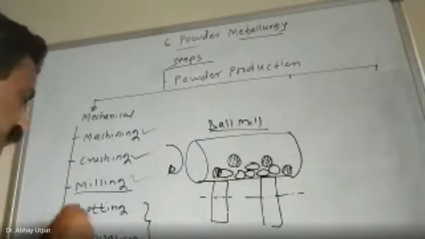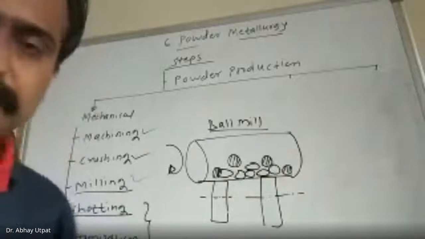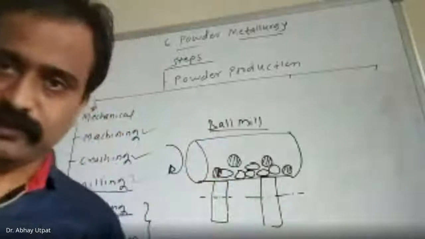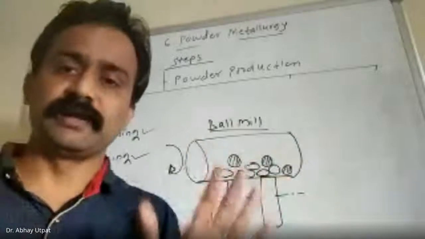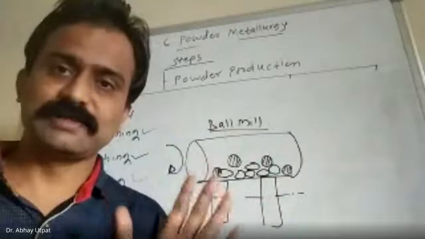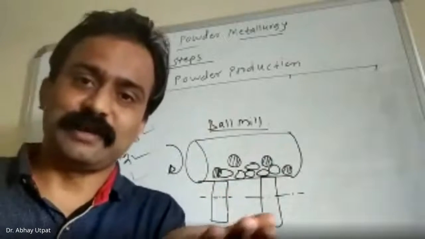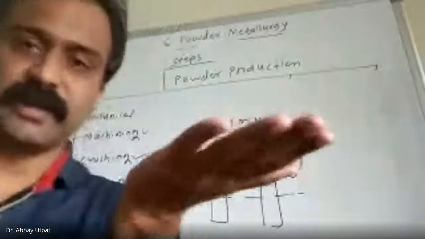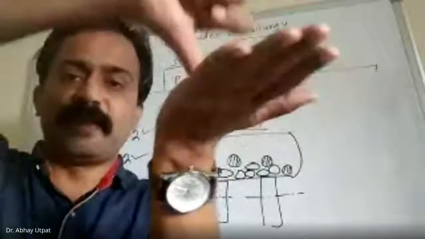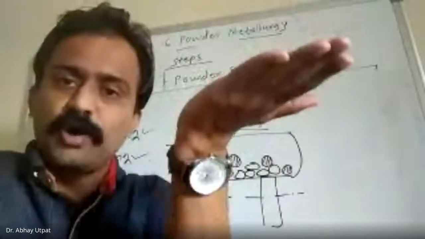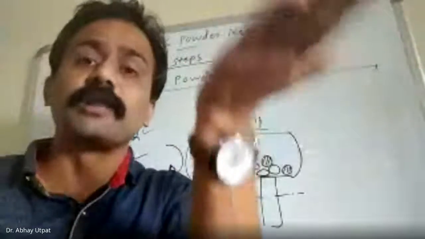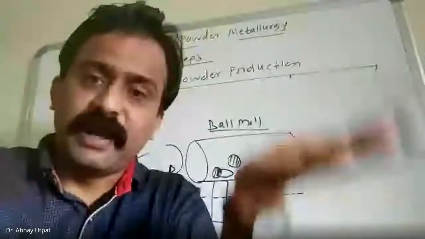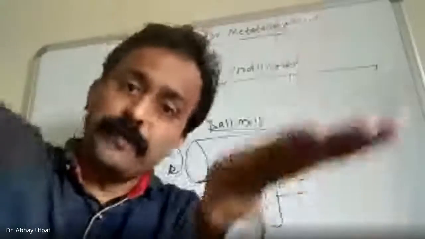Shotting method. The best example in your day-to-day life of shotting is bundi padne. A local example I am telling. The raw material is taken and put on a sieve, in Marathi called zarya. You pour that material and small droplets fall into the boiling oil. In the same way, there is one sieve, and on that sieve, from a particular height, the molten metal is poured,